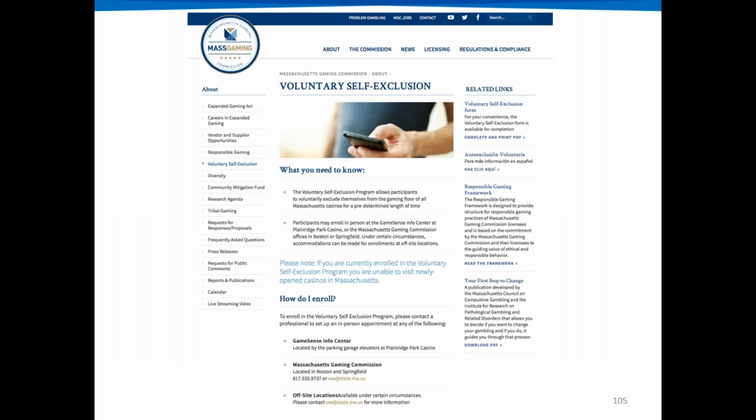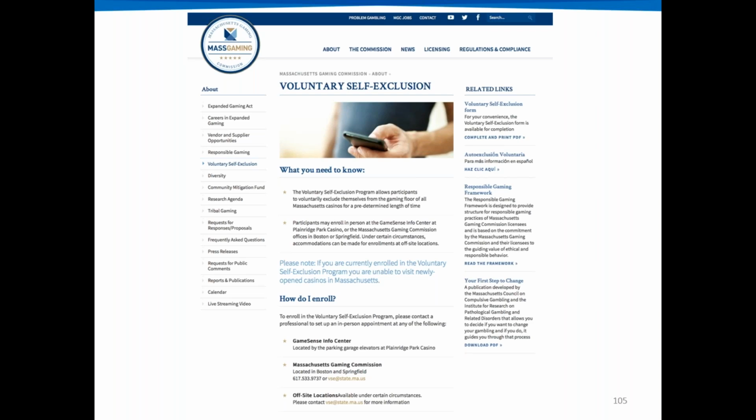First, Massachusetts supports an initiative called Voluntary Self-Exclusion, or VSE. This program allows people to voluntarily exclude themselves from the gaming floor of all Massachusetts casinos. Strategy 2.4 of the Responsible Gambling Framework specifies that operators will make available to patrons 3 opportunities for VSE: removal of patrons from marketing lists, preventing the patrons from using check cashing or house credits, and voluntary self-exclusion from casinos